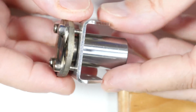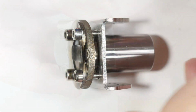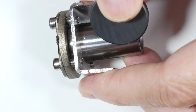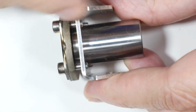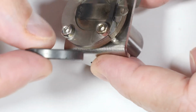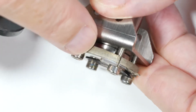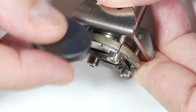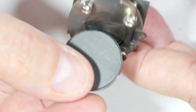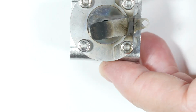Okay, so let's even get tighter on this thing, and then we'll take it apart and see how it was constructed. At first I thought this was cast, but the magnet test tells me otherwise. This is stainless. This bracket right here, that's stainless. And this, I at first thought it was cast, but these striations on the side tell me it's probably stamped, and they don't usually stamp cast. And the valve, I don't know if you can see that, the valve is magnetic, which is kind of interesting. So, okay, let's remove the valve